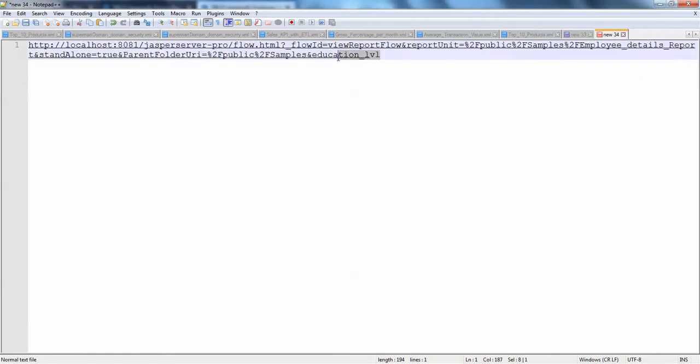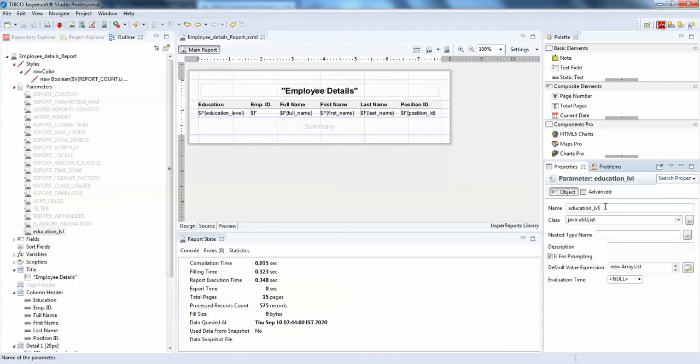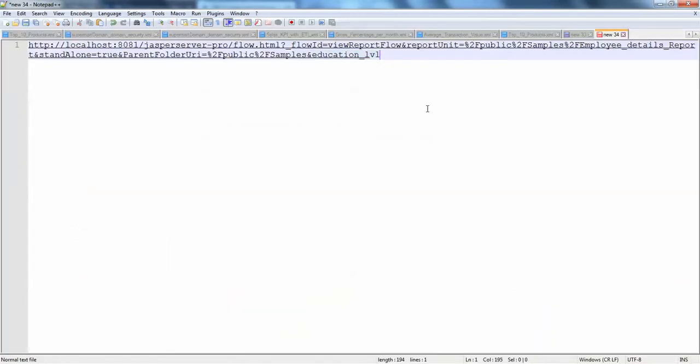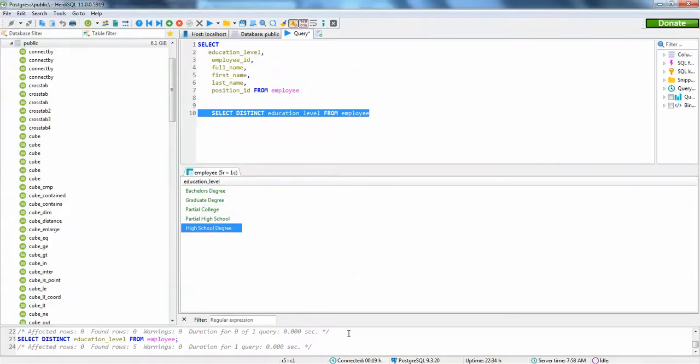This must be the same as the parameter name in the report, this one. Now I'm just going to add equals to. No need to use any single quotes or double quotes for this to run. I'm just going to use graduate degree here.